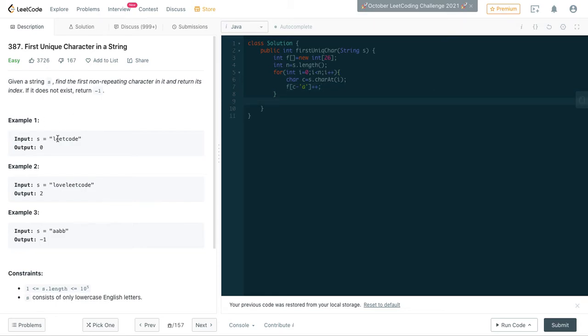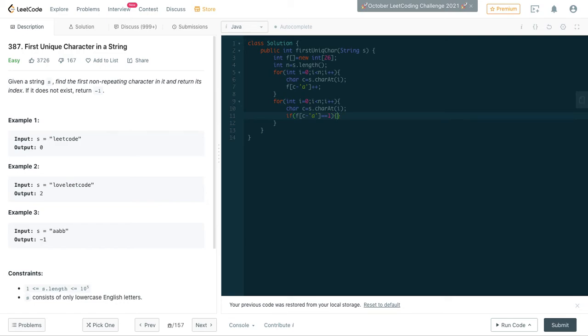After iterating over the string, we would be able to store the frequency of every character. After that, we can again iterate over the string, and then again we would access the character at the index, and we would check in the array f whether there is any character that is having the frequency 1.